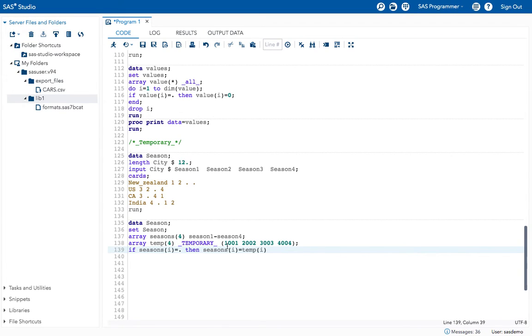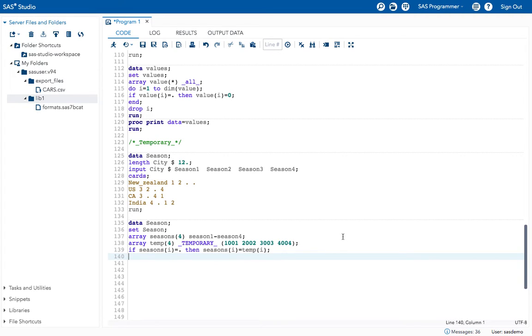Temp 1 is what? For season 1, 1001. If season 2 is missing, temp 2. Temp 2 is what? 2002. So if season I is missing, then temp I is the value. That's how this _temporary_ works.